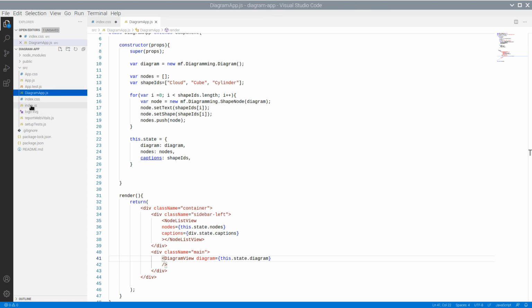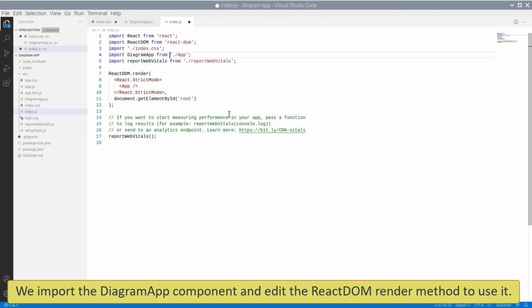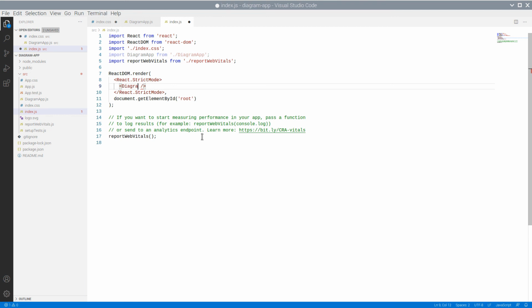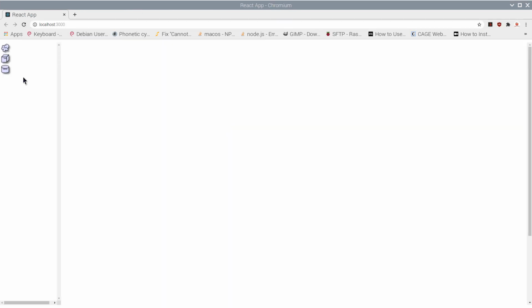Let's edit the index file and make it render the diagram sample component. Here is our diagram.